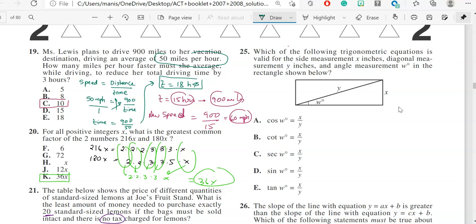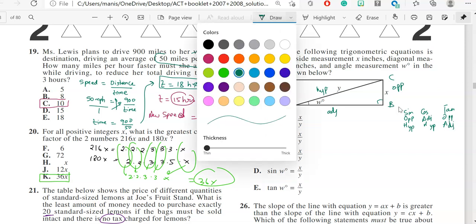Now, this is a concept of trigonometric ratios. Looking at this angle, this side will be your opposite side, this will be your adjacent side, and this will be the hypotenuse of this triangle. Let's give them the names A, B, and C. You all know the mnemonic SOHCAHTOA. So sine, cos, tangent: opposite over hypotenuse, adjacent over hypotenuse, opposite over adjacent.